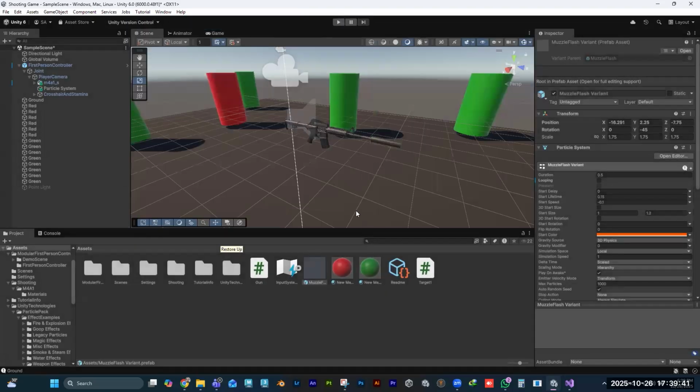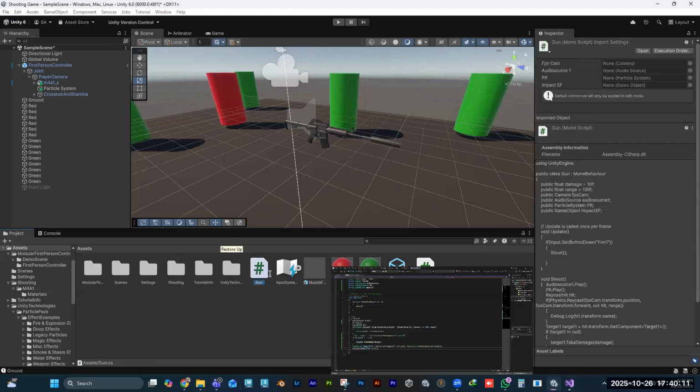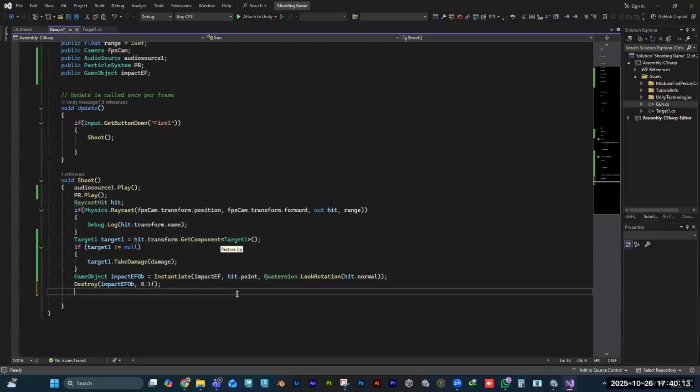Till now, we learned how to add a sound effect, how to add a particle for the gun, and how to add an effect on the shot objects. Also, I can add a power. I can add extra code to increase the effect on the shot object. For example, I can make the objects fall down because of the bullet that they received. How to do that? Let me go back to the script, and here,